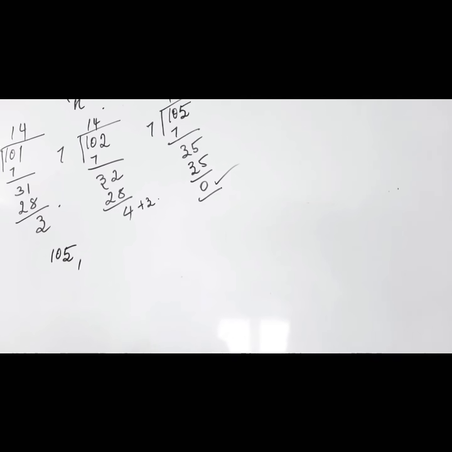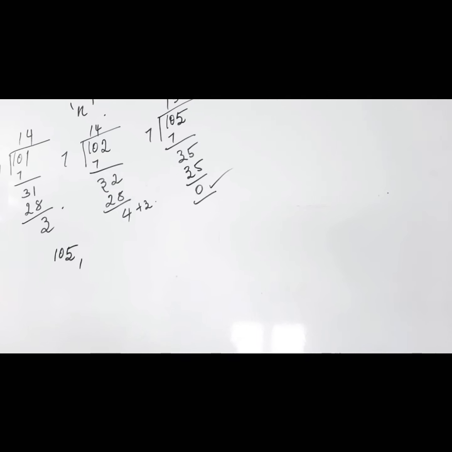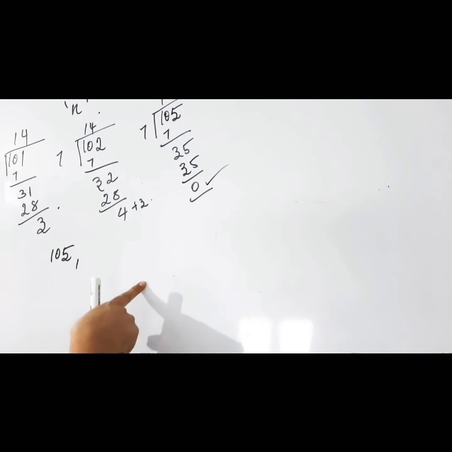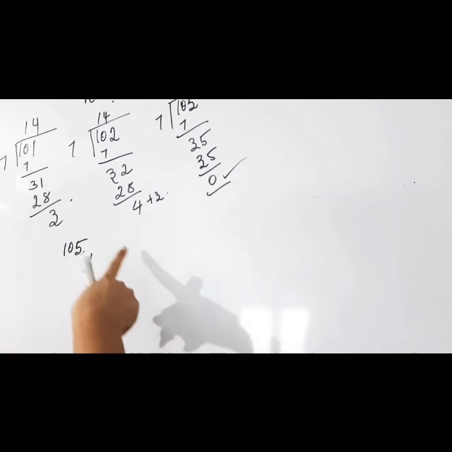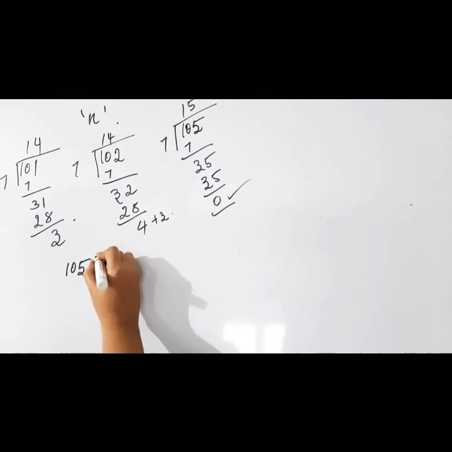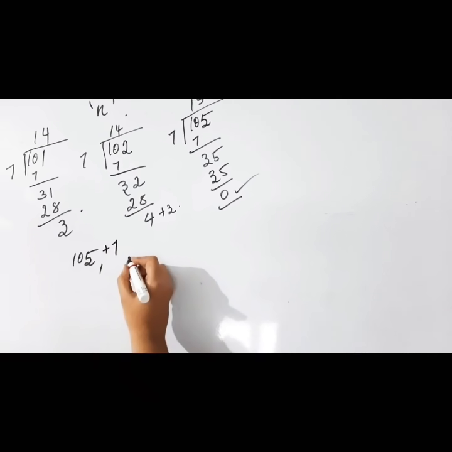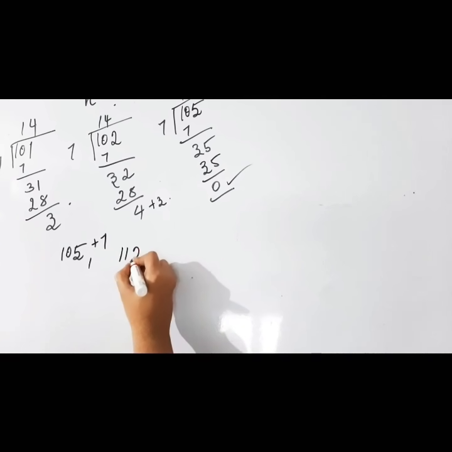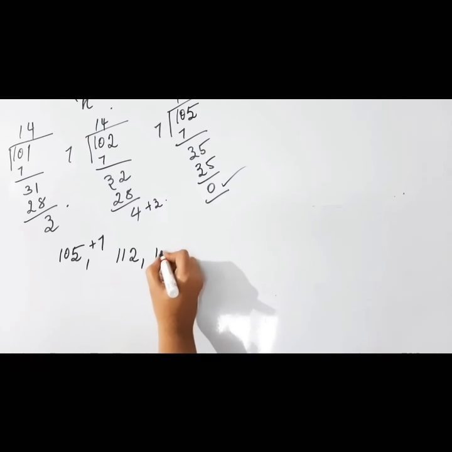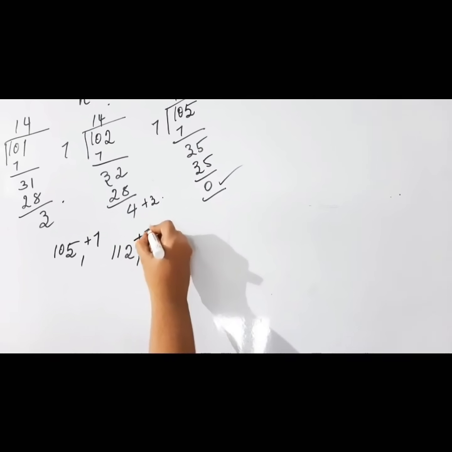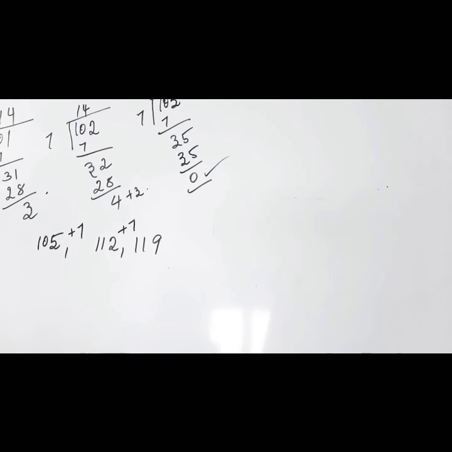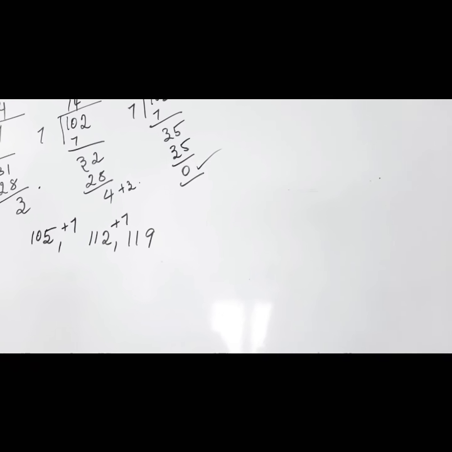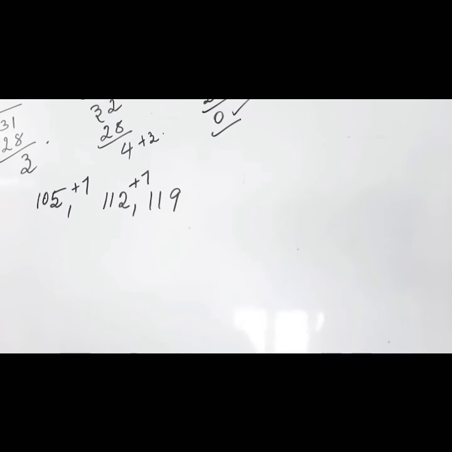What would be the second term? What is given in the question? 3-digit numbers divisible by 7. So to get the next multiple of 7, what shall we do? Add 7. Then what will you get? 112. For the next term, by again adding 7, you will get 119. Here, tell me whether the AP is finite or infinite.